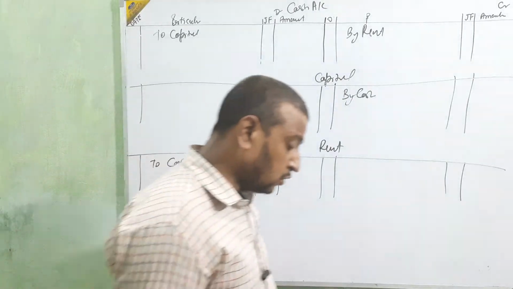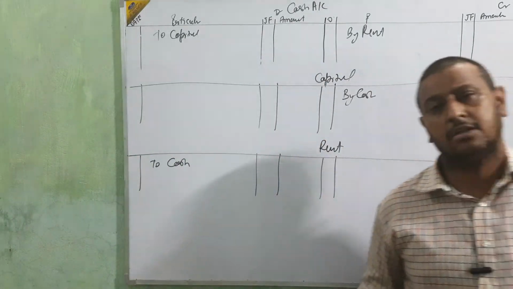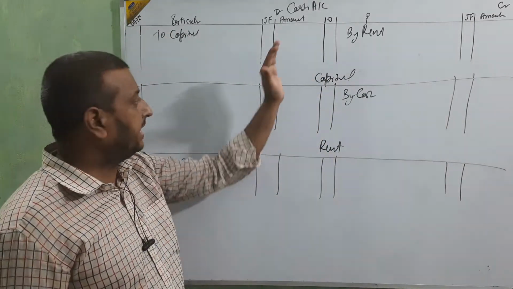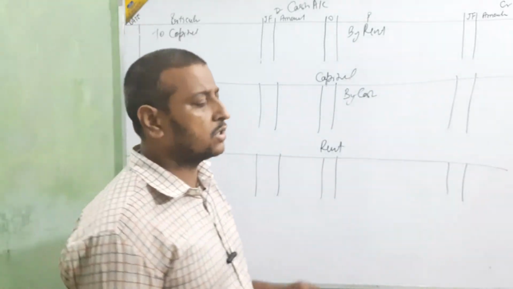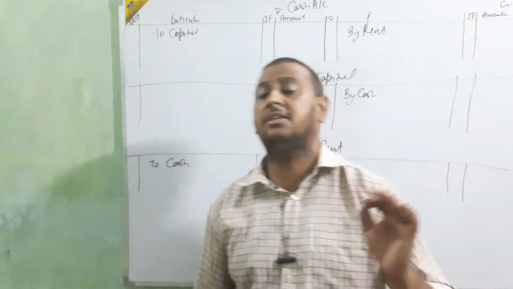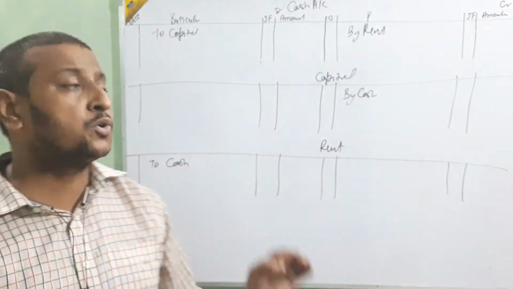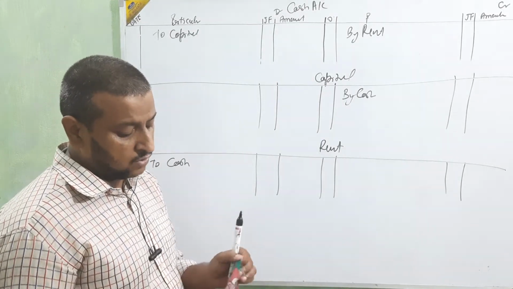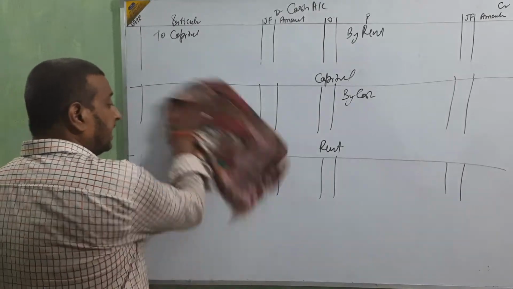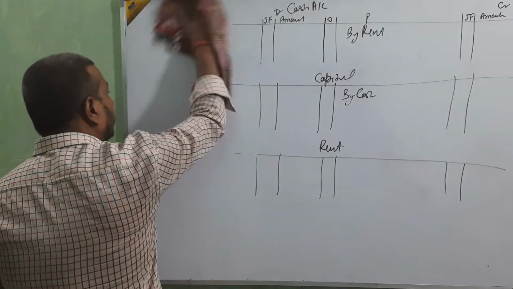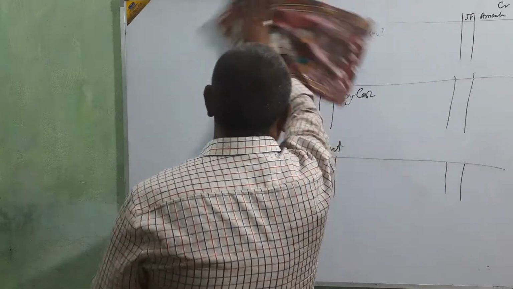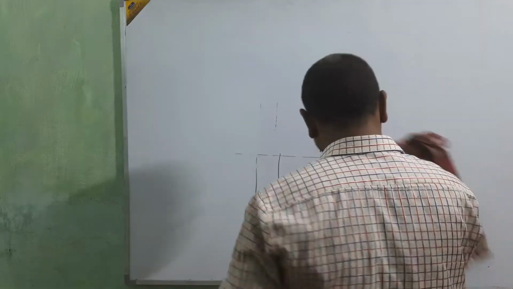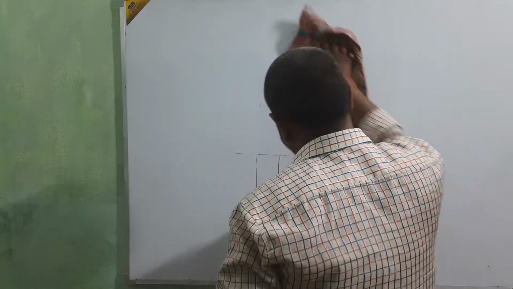Okay, clear? How to make the ledger, is it clear or not? We are going to make the ledger like that. It means all the account names which come in the journal, we are going to make an account for all of these. Okay, beta? Clear? Now I am going to take one illustration, and on the basis of that illustration, I will try to make you all understand.